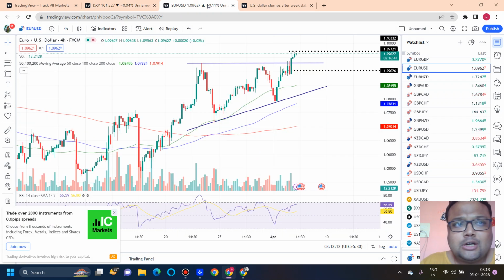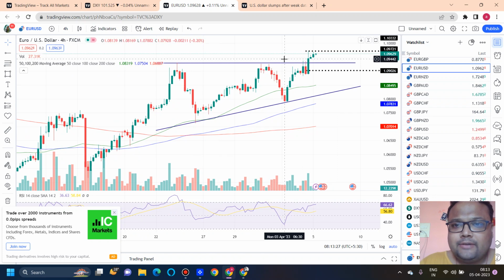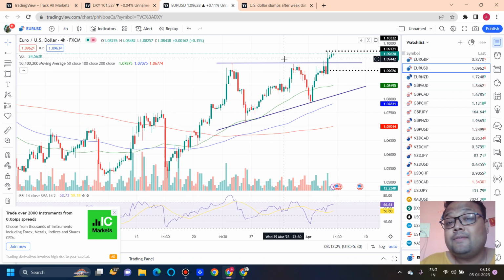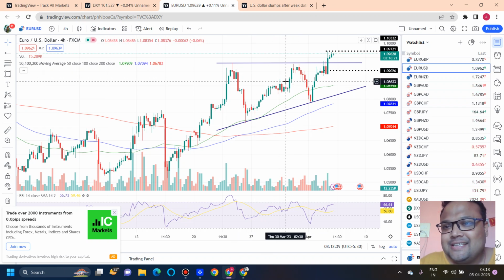Now let's have a look at the chart of Euro USD. And here is the Forex chart. Yesterday we discussed the possibility of a big breakout on the chart of Euro USD because of the ascending triangle pattern. And to be honest, I was not expecting that right after the video we would get the breakout. And now we can see that Euro USD is standing at